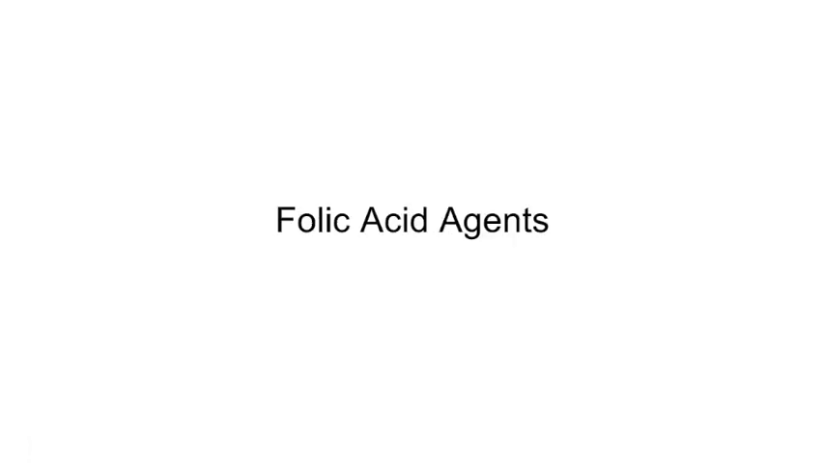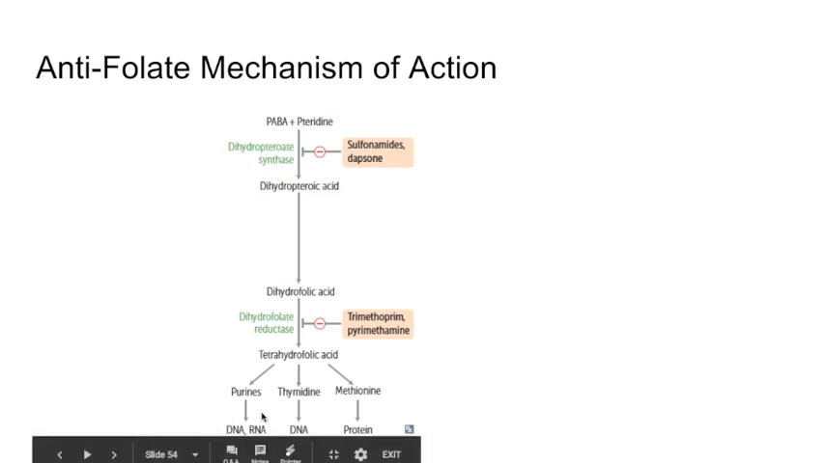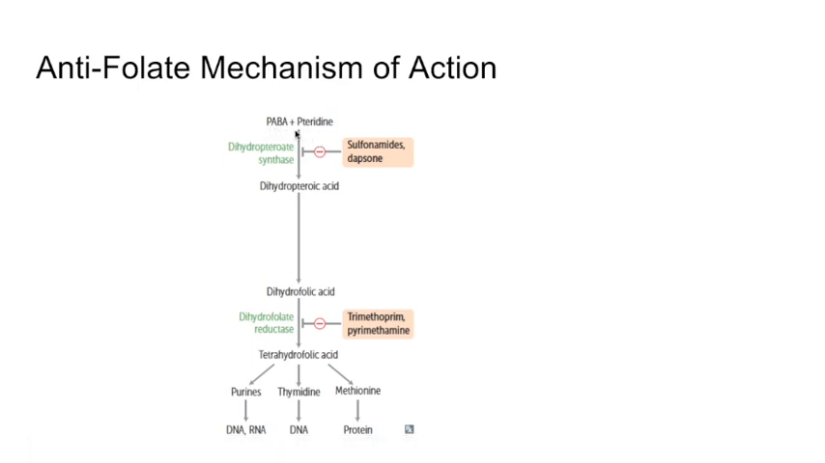So the first class of agents that we're going to talk about is the folic acid agents, or the folic acid antagonists. The idea of folic acid antagonists is that the end goal of this whole process is to make some purines to make DNA. And how it starts is you have para-aminobenzoic acid, PABA, and it comes with this molecule pyridine,